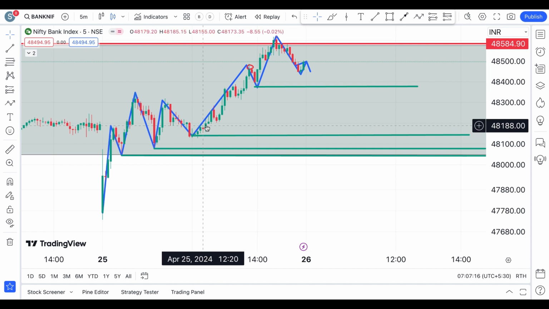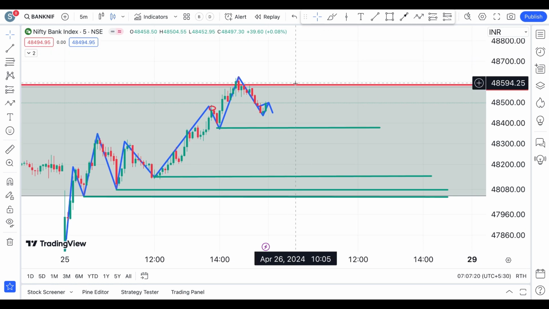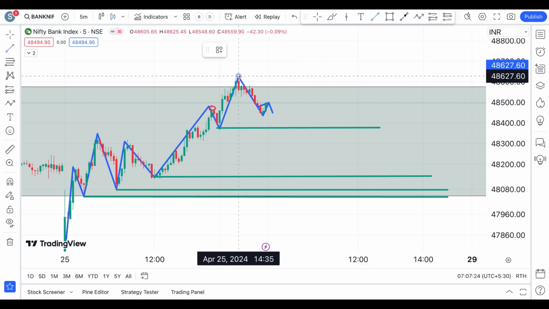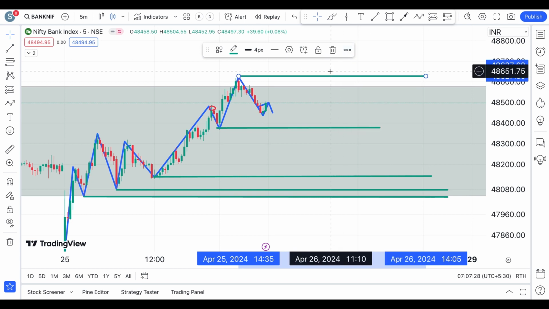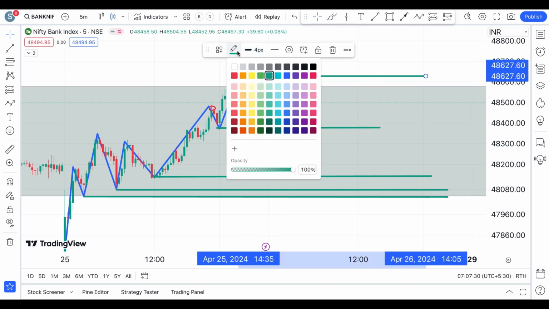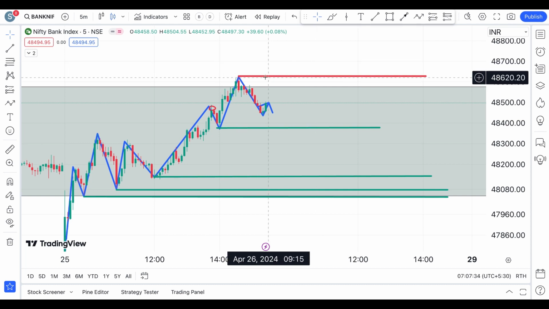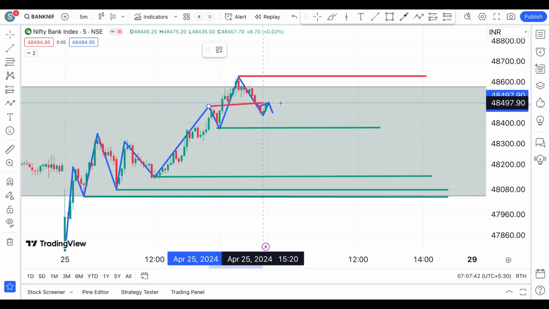So these are all support levels based on yesterday's price action. So what are the resistance levels? Let's draw those, and this time let's draw resistance in red so that we can differentiate between support and resistance. So let's change that color to red, and that's our resistance area. This is a major resistance area because it is not broken yet. And what you have here are minor resistance areas,